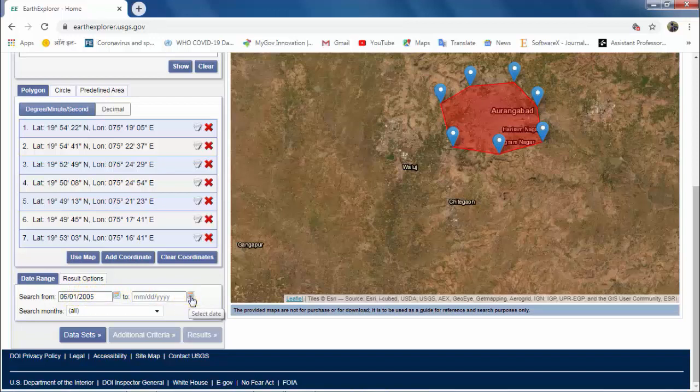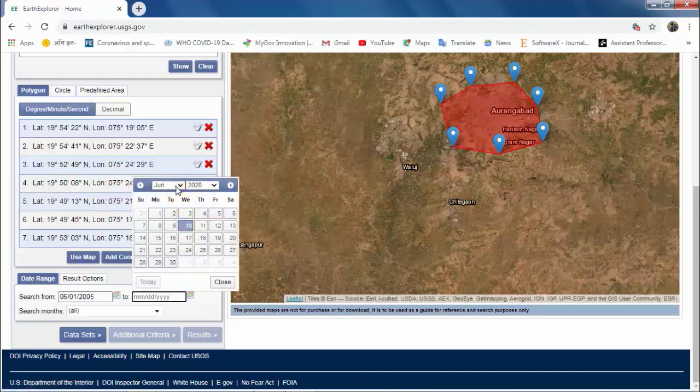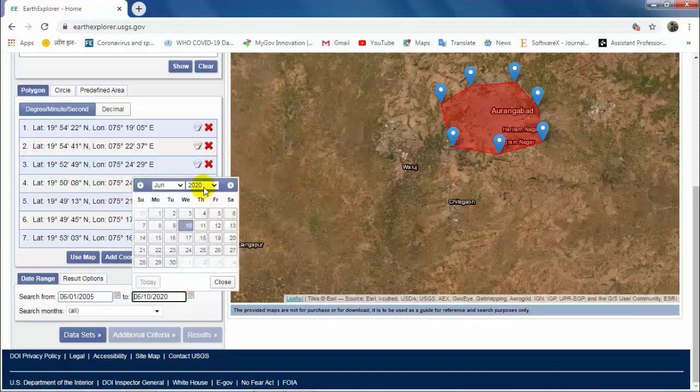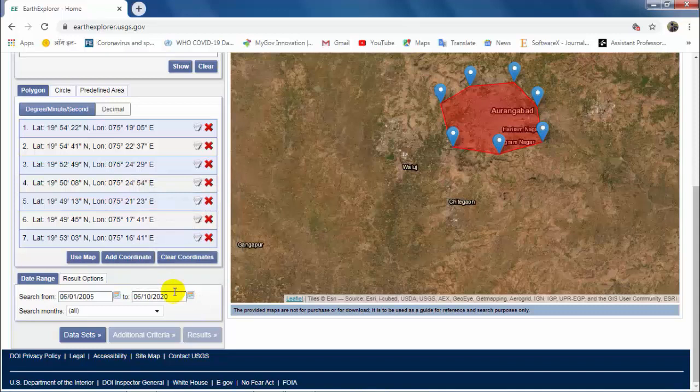And this Hyperion data was decommissioned by NASA in 2017, so we can get the data up to 2017. You can search up to the current date, but we will get the data up to 2017, right? So I have provided the date.